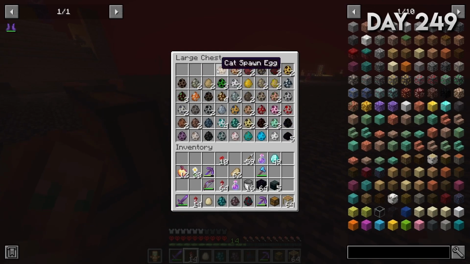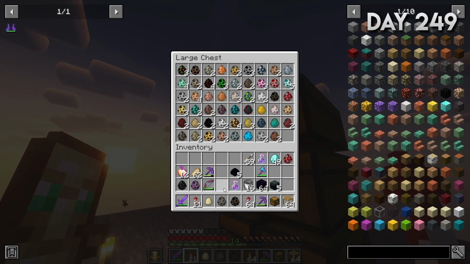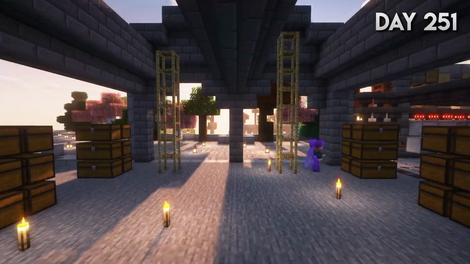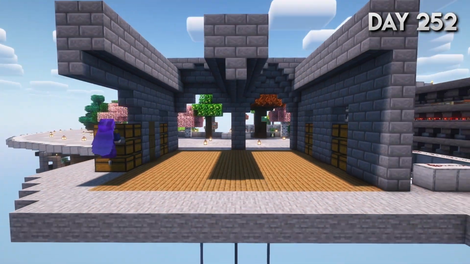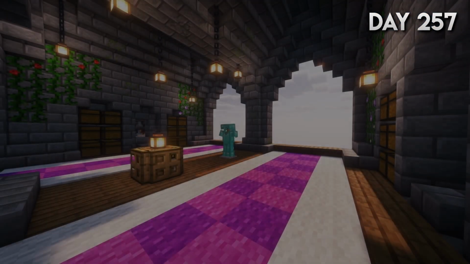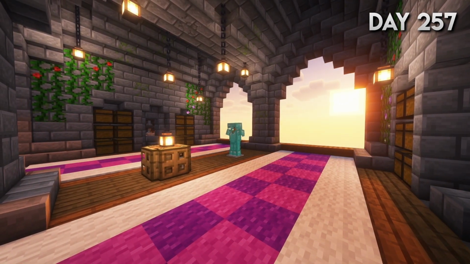We're gonna move our valuable spawn eggs that we got from our first episode into this temporary storage. Hopefully we'll have time to build a zoo, but first things first, let's make our storage room. And it's done. I'm loving this whole little medieval feel to this room with the armor stand in the middle,